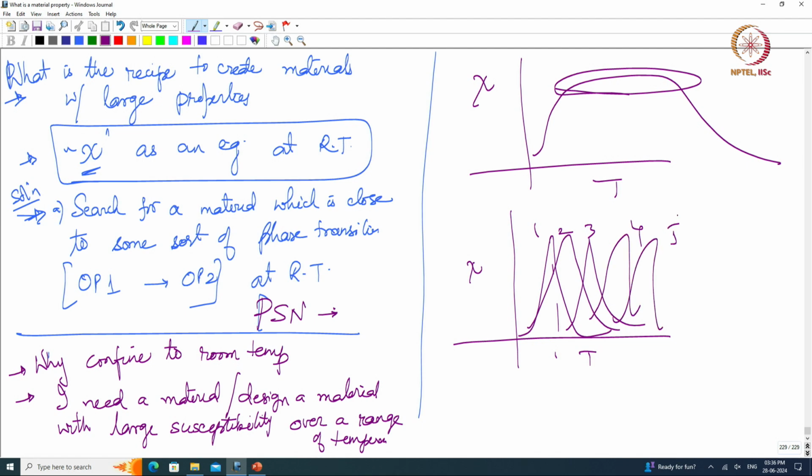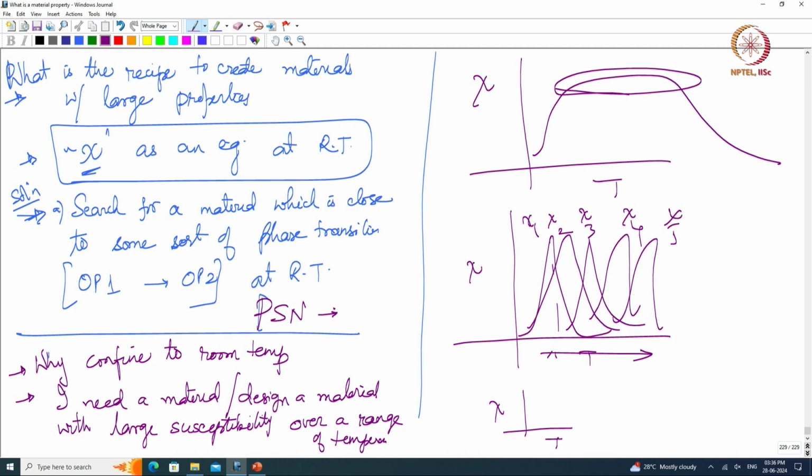My material should have, let us say, 5 different phase transitions at temperatures which are close enough to each other, right. Then I can have chi versus T, the net. So, this is chi 1, this is chi 2, this is chi 3, this is chi 4, chi 5,